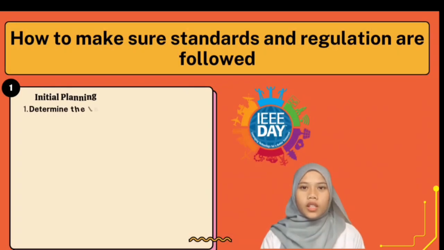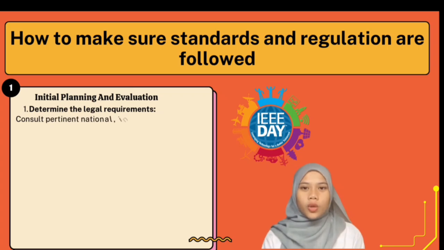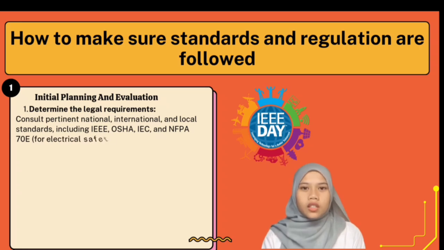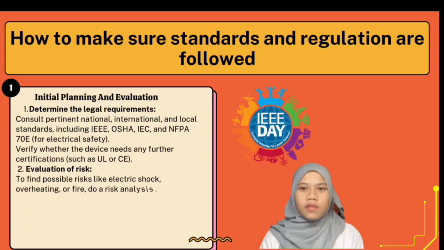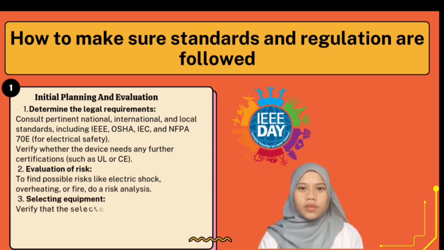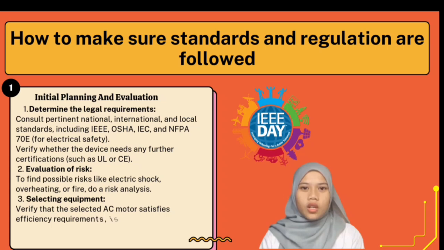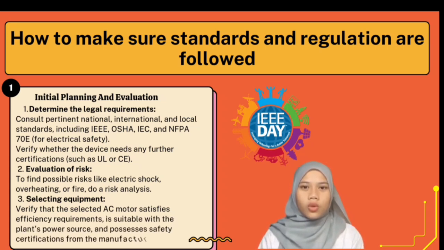The steps the engineer should take to comply with standards and regulations from installation to operation are, number 1, initial planning and evaluation. They need to determine the legal requirements, which is to consult pertinent national, international and local standards including IEEE, OSHA, IEC and NFPA 70E for electrical safety. Next, evaluation of risk. To find possible risks like electric shock, overheating or fire, do a risk analysis. Selecting equipment: verify that the selected AC motor satisfies efficiency requirements, is suitable with the planned power source, and possesses safety certification